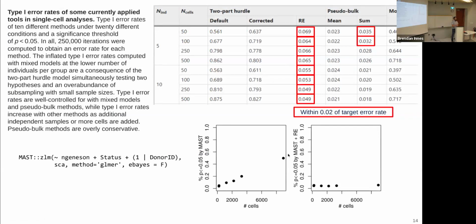As you increase your n, when n is not independent replicates, you're going to have a correlation between n and p-values, which is not real. This relationship should not exist, and once they add random effects, it goes away. So that's always going to happen, but maybe to a lesser extent with the